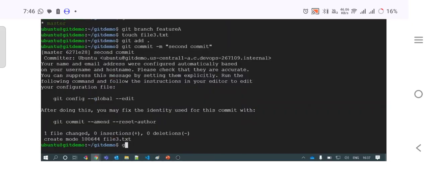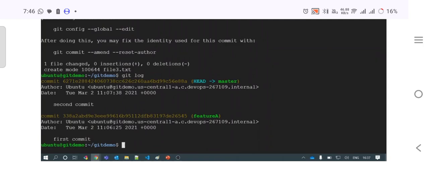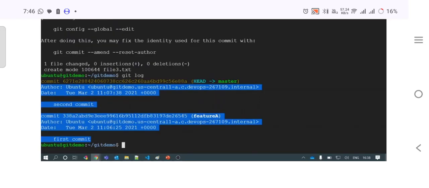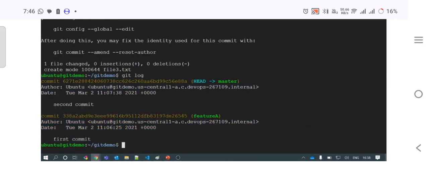So this is where, if I check my git log, I will see 2 commits have been done by me in the master branch, right? This is the first commit that I made, from where I branched my feature A branch, and this is the second commit in master, where the head is pointing right now. So these 2 commits are related to the master branch workspace. Let's check out the feature A branch. Git checkout